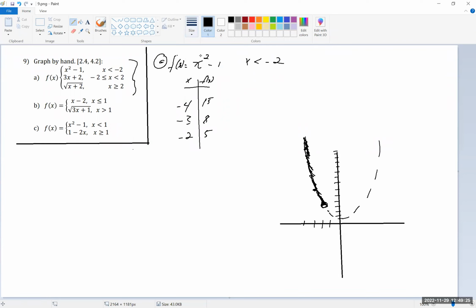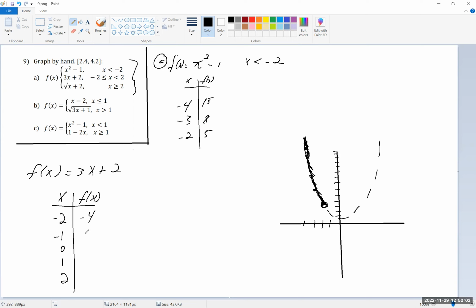But all right, so let's go ahead and do part B. I'm sorry, the second part, which is f of x is 3x plus 2. So again, just make a table and start from -2, and it's going to go all the way to 2. So if we do -1, 0, 1, and 2, that's definitely going to be plenty. 3 times -2 is -6 plus 2 is -4. 3 times -1 is -3 plus